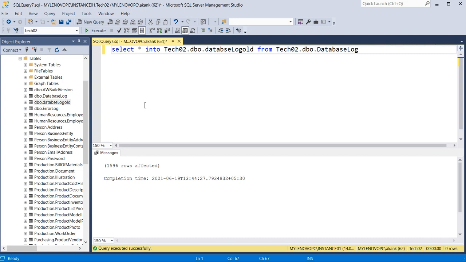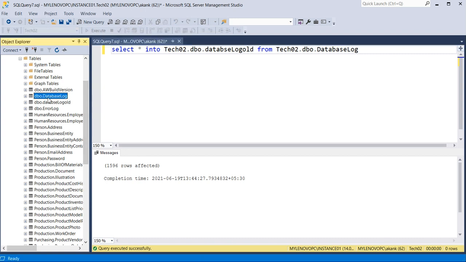Now the developer will delete the data records, if they want to delete a couple of years of records, or maybe some corruption has happened. They can do so because now we are safe, we have taken the backup of the particular table here itself. So this way you can do it. It's a very easy command, SELECT INTO. I just want to share with you guys how to take the backup of a particular table. Just type the SELECT INTO command, give the new table name and the table you want to take the backup from. That's it.